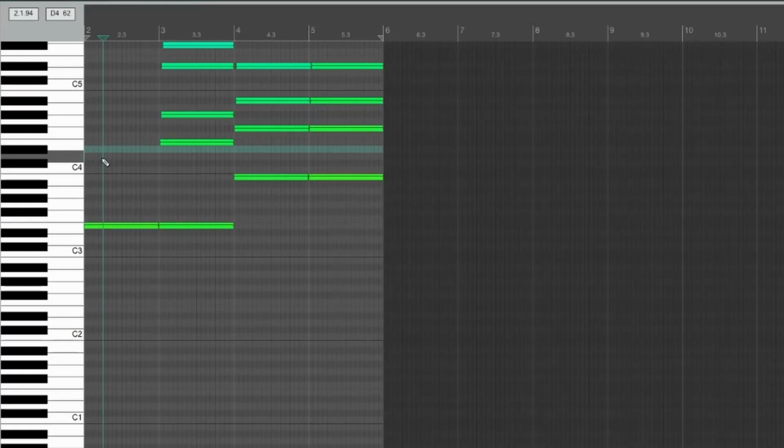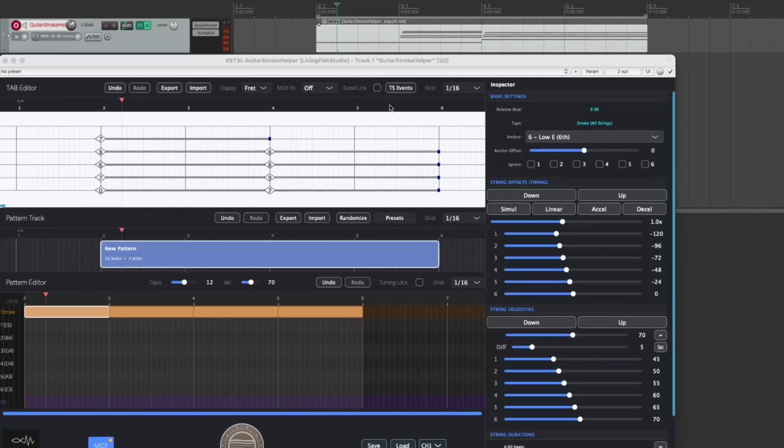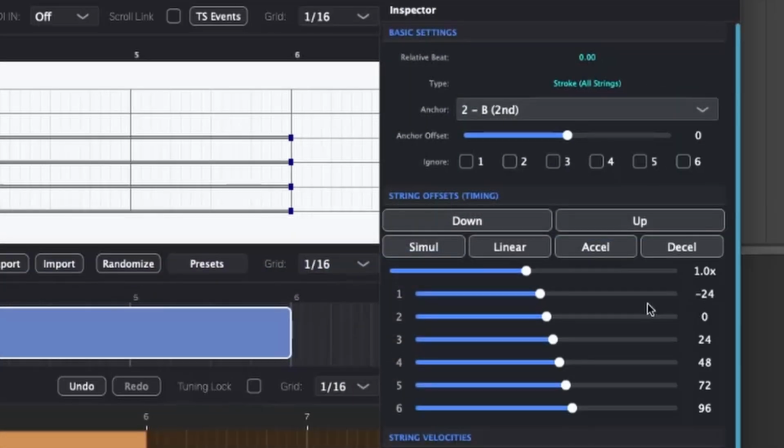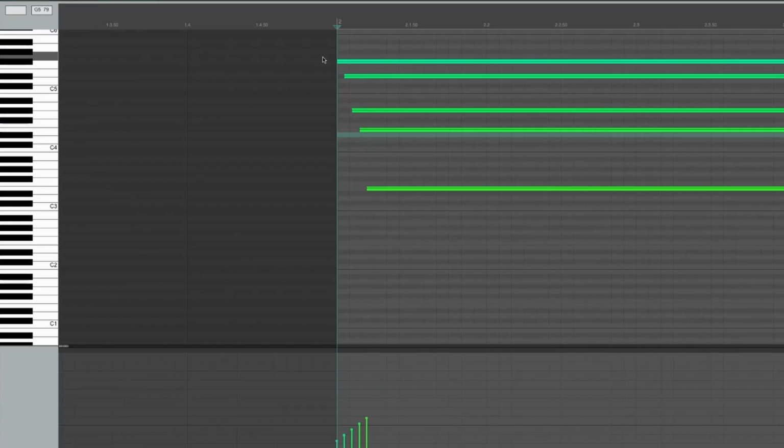Oh, on the first upstroke, only the 6th string is included. This happens because the anchor string is still set to the 6th string, and we're in partial MIDI output mode. As a result, the strings that should sound at the beginning of bar 2 other than the 6th string end up outside the partial output range. Now set the anchor string to the 2nd string and create the upstroke again. You can see the upstroke is created correctly.